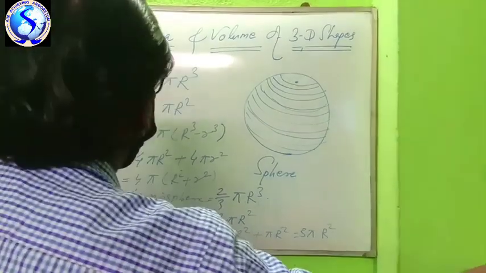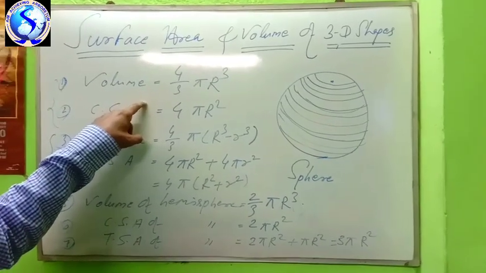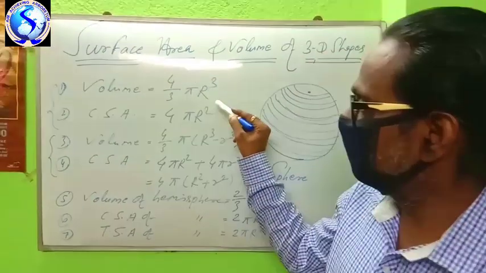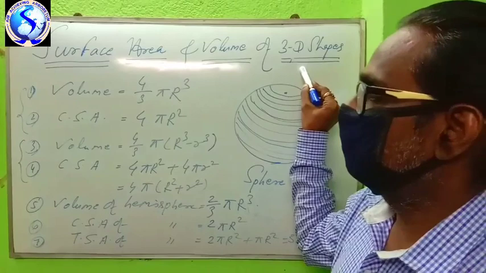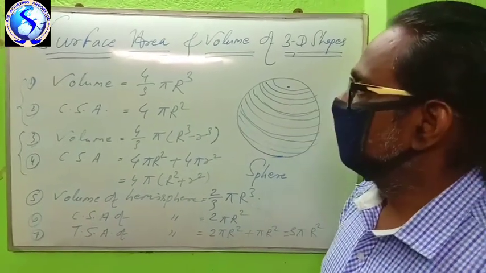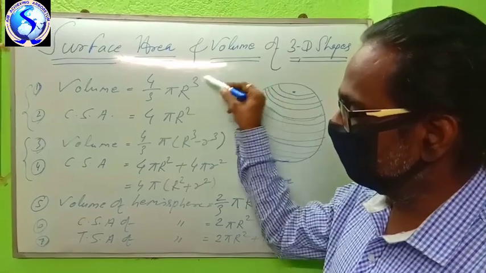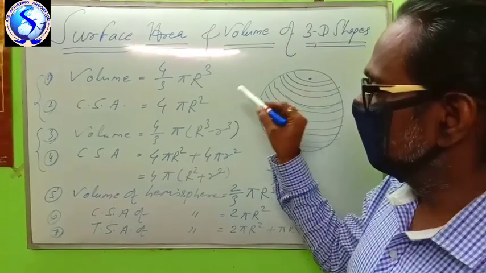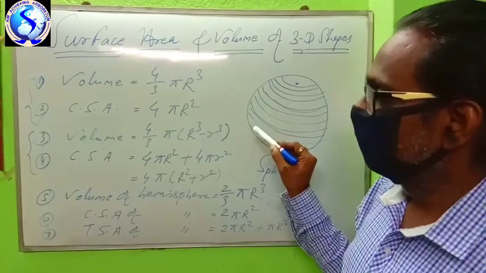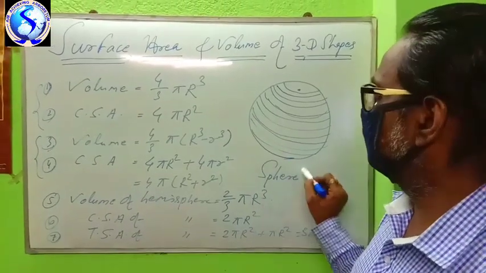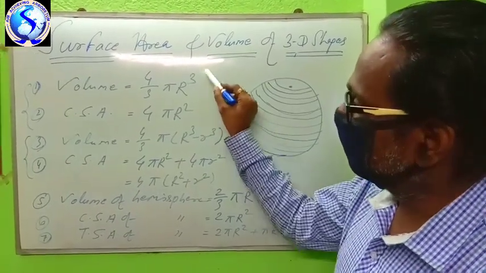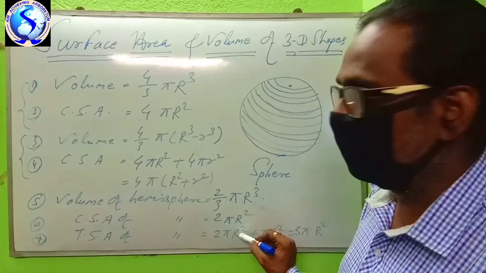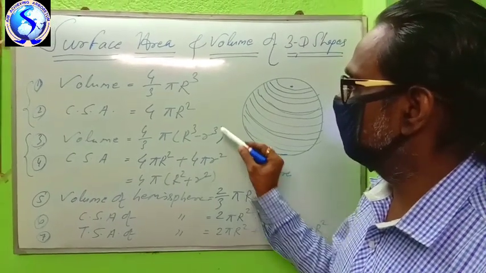Today we have completed cuboid, cube, cylinder, cone and sphere. All the formulas today I have discussed, including all the 3-dimensional figures. Okay. Next your homework is you have to memorize all the formulas related to 3D shapes. In case of cuboid, cube, cone, cylinder and sphere. Sphere is just like a football. I have discussed solid sphere, hollow sphere as well as hemisphere, that is half of the sphere. Okay, I hope you are able to understand the process of writing all the formulas.